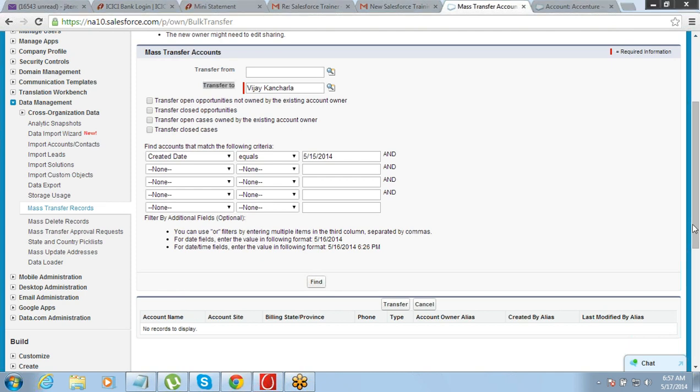Okay. I think we have a question here. Can we change the owner to system default and not the user ID? Is there a concept of system default? No. So there is a question whether we can actually make system default as an owner or transfer it to the default. No, you will always need to transfer it to a user. So owner of a record always needs to be a valid user. Okay, it cannot be other.